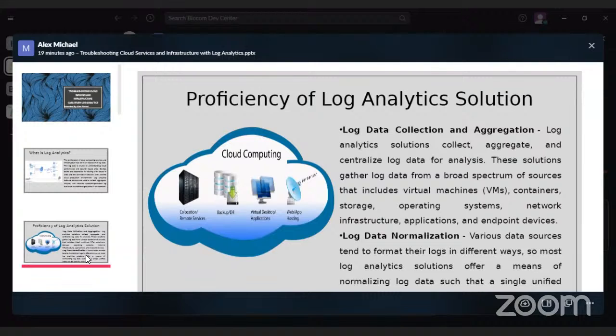Log analytics solutions collect, aggregate, which I've already explained, and centralize log data. To centralize means it collects everything and puts it together in such a way that every other component, if we are talking about a process, just like our microservices, for example, which are in bits, has a particular place where they can put all their data. Let's say in the Bincom ecosystem, we have KD. There should be a place that KD will drop data.